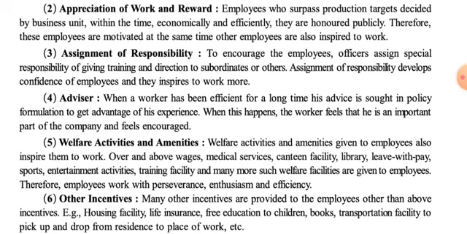important elements. Employees who surpass production targets decided by the business unit within the time, economically and efficiently, are honored publicly. See here, it is the talk of the employees who surpass the production target. It means not only achieving the production target, but giving over and above the target decided by the business unit. So say, for example, if the target for one week is decided by the organization as 50 units, and if the worker is able to achieve 60 or 70 units in a week within the time,